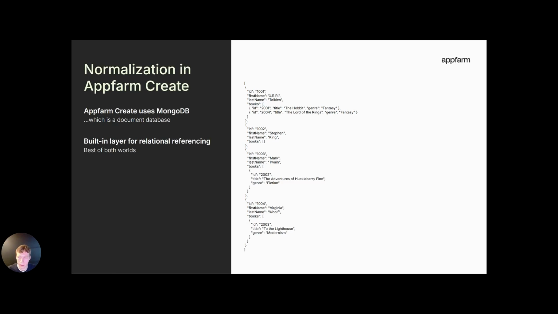This layer builds upon the document database to give the impression of relational data modeling, so we can use the theories and best practices which we've discussed already in Appfarm Create. The document database structure seen on the right can be translated into something you're more familiar with using this built-in layer. You can see this representation on the right-hand side now. It forms a join table, as we've discussed already,